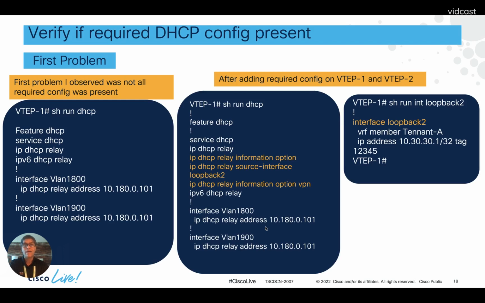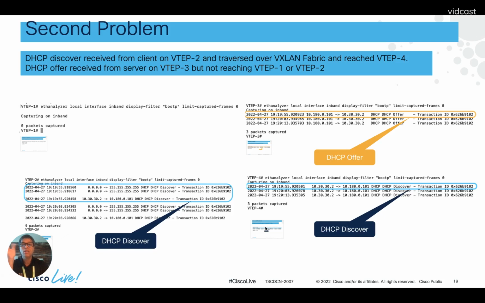So now I know that I have my basic configuration in place. I wanted to know what I need to do from here, right? I will use a command like ethanalyzer and run it on all of VTEP 1, 2, 3, 4 and verify whether the DHCP packets are flowing or not. Now, a quick note about ethanalyzer. This tool will show you the packets going to the CPU of the 9K, or the control plane